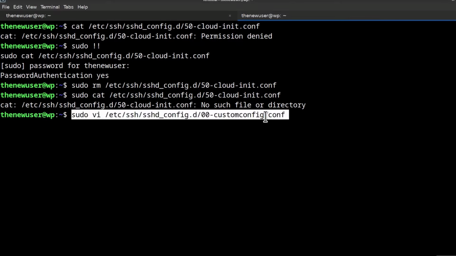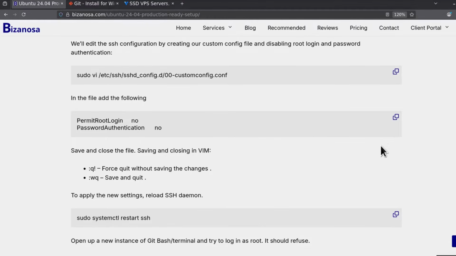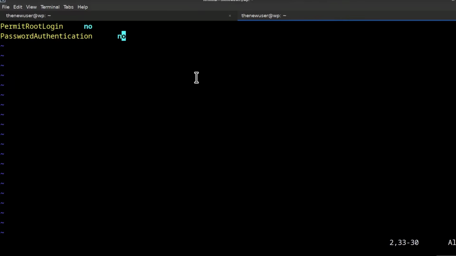Control Shift V, enter, and you're going to copy this. So this is going to disable root login and password authentication. So if somebody has to log in, they have to have an SSH key, and they also should not be the root user. Escape, Shift ZZ,